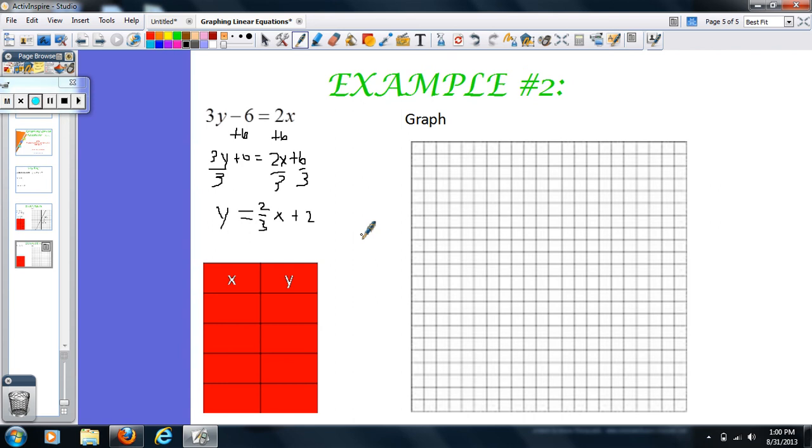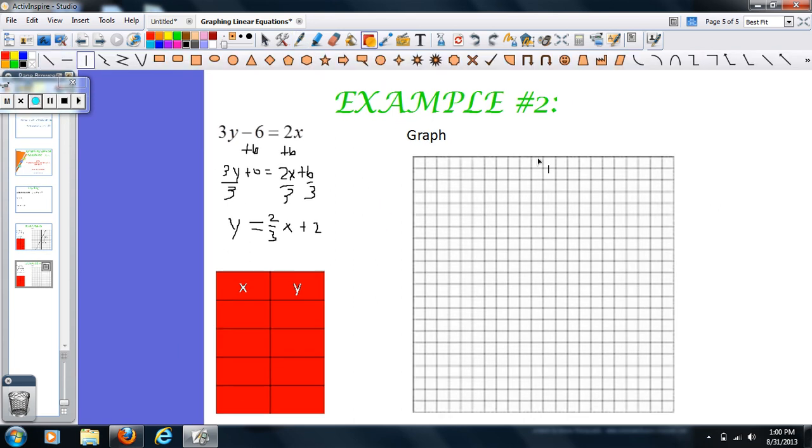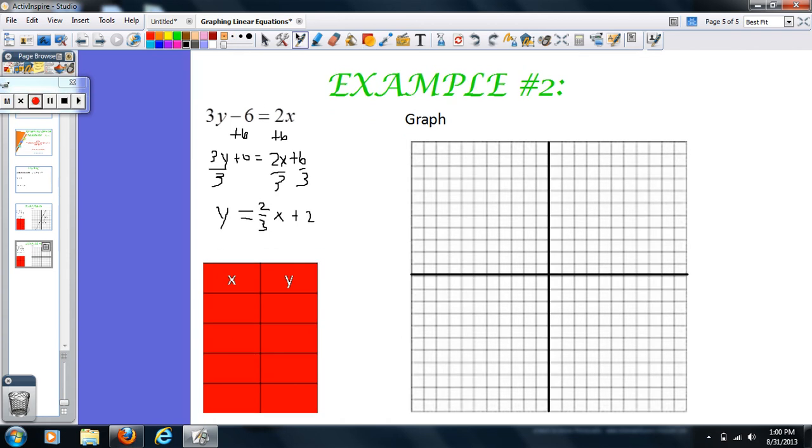Alright, so now let's go ahead and use the same techniques we just used a minute ago. So let me get my x and y axis on here. So here's my y axis. I'm going to put these in the middle still because we're graphing lines. It's pretty much going to be even where all the positives and the negatives and stuff are. So the very first one I'm going to do again, my slope this time is 2/3,